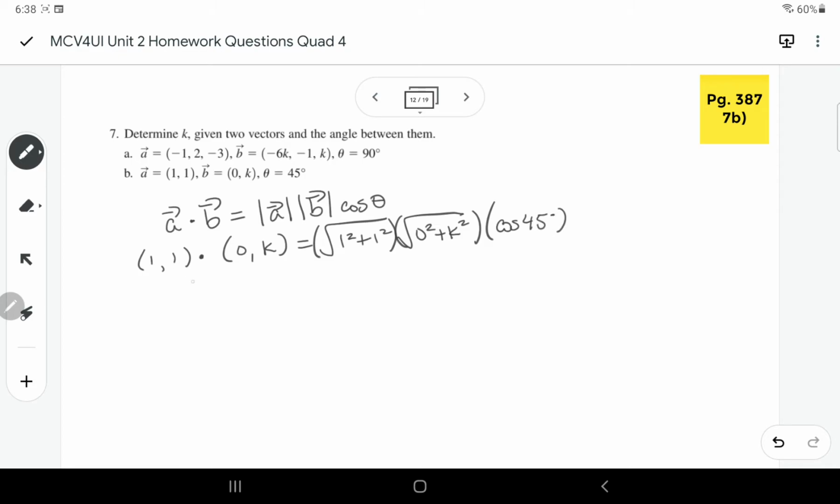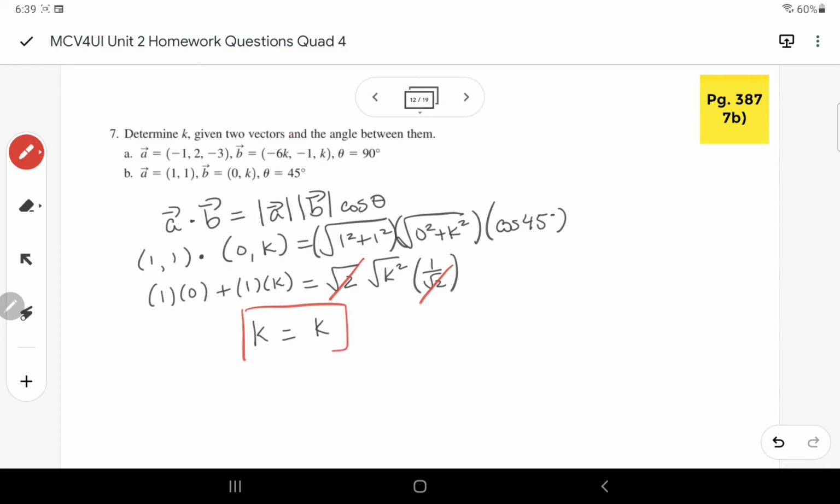So here when we do the dot product, I'm going to have 1 times 0 plus 1 times k equals the square root of 2 times the square root of k squared, and cos 45 is 1 over root 2. So when this simplifies, here I'm going to get k equals k, and then this root 2 and the 1 over root 2 are going to cancel. So this feels like it's unsolvable. Where does k equals k? But this is always true